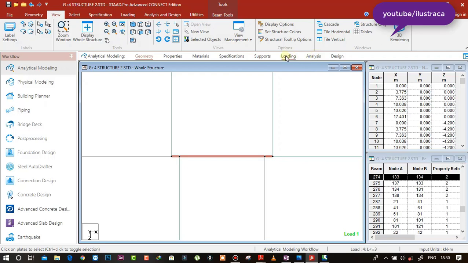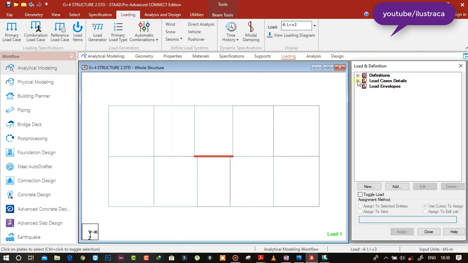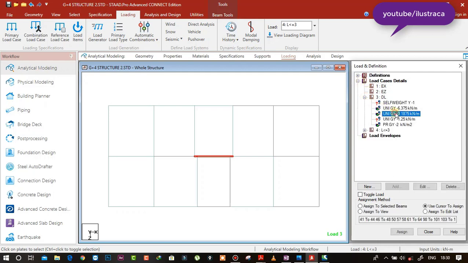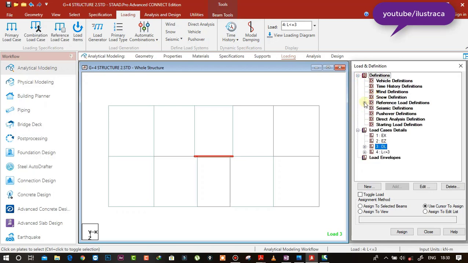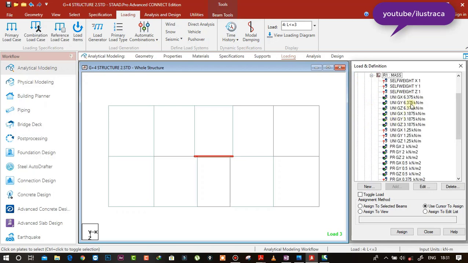So we go to loading and this one is not defined here, only this one, mass source, reference mass. Okay, this one. Let's see if we can remove it or not.